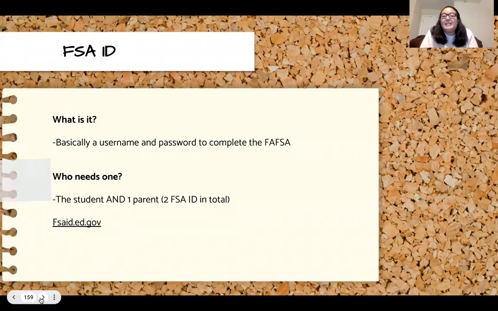And so an FSA ID is basically a username and password to complete the FAFSA. Both you, the student, and one parent will need an FSA ID. So this means in total, there must be 2 FSA IDs. Note, some of your parents may already have an FSA ID account created because you have an older sibling who attended college. And so in order for you to create an FSA ID, you must go to the website